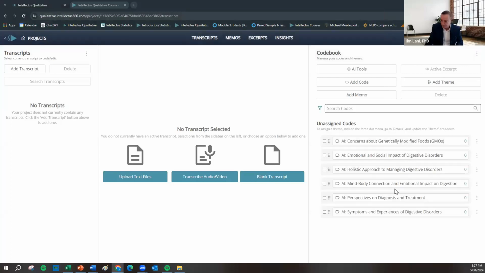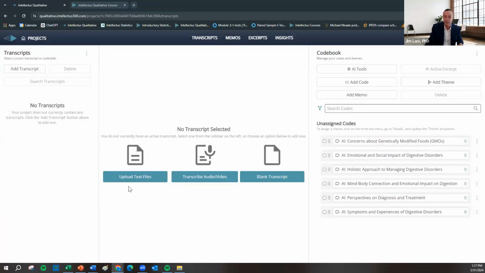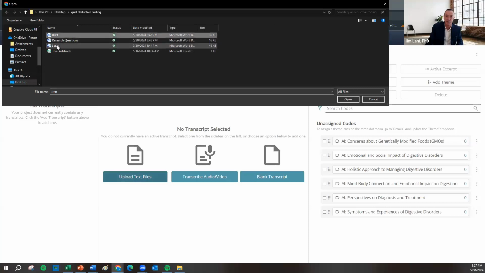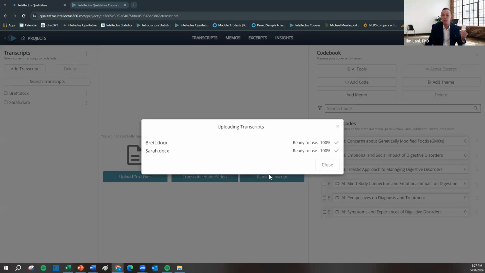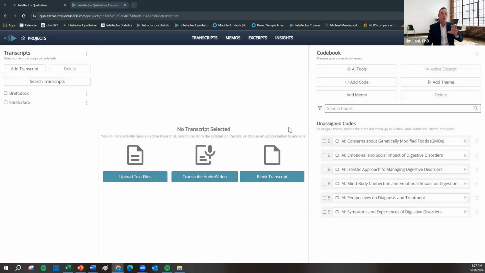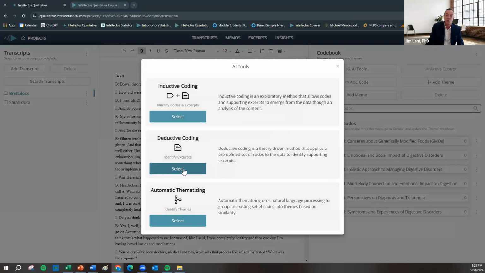So what the code book has done is really we have codes and descriptions, but no excerpts. Okay. All right. So now I can upload my data files again in the views. So in this way, this may well be the use case that you're involved with, which is, you know what, we've set up the set of interviews. We have the codes, but we want to start applying these codes to brand new transcripts or other data down the pike. So I have my data, I have my codes and descriptions, but you see the zeros, there's no excerpts tied to that. Now I can go to AI tools and go to deductive,